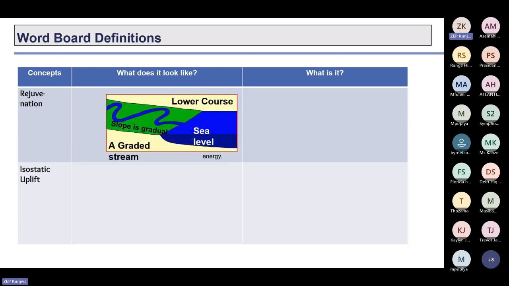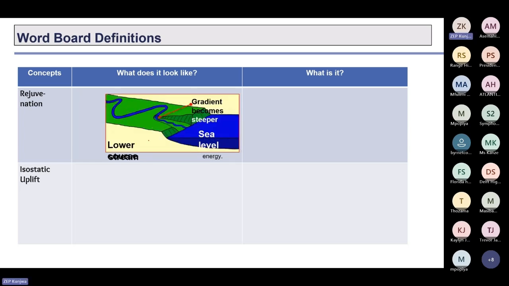Now, most of the time, the river will erode differently. It will start to remove some of the material which was there when the river was not rejuvenated. When it gains energy, it is going to start to remove other material that is there, and then you're going to have a graded stream. Now what you see there,